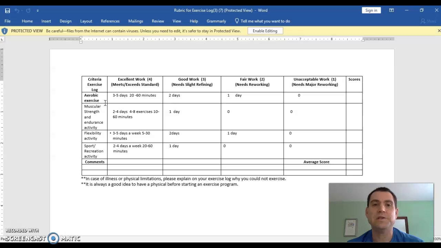Muscular strength, I need you to perform that 2 to 4 days per week, and I need you to perform 4 to 8 different types of exercises. So if you participate in a strength training program, this would be a great way for you to accumulate these exercises in this category.